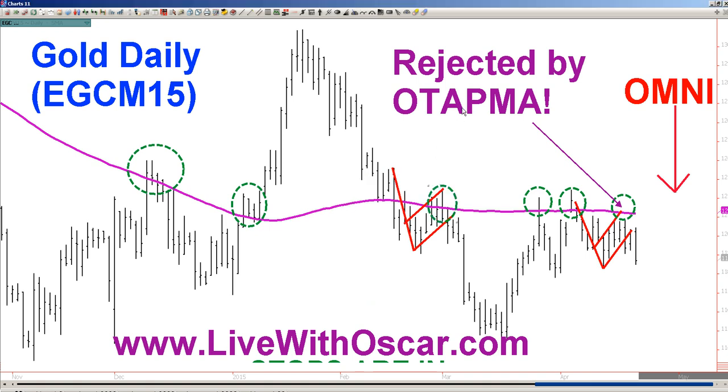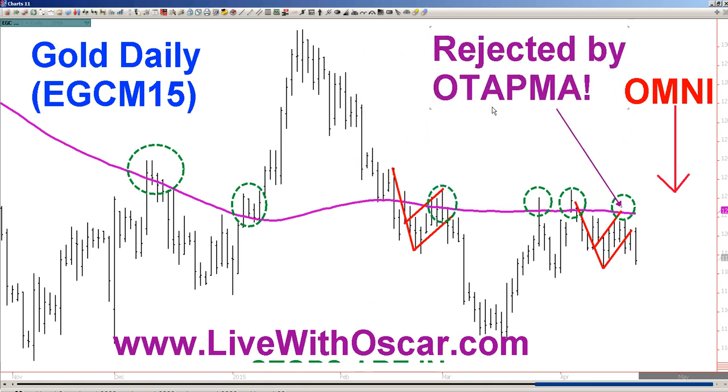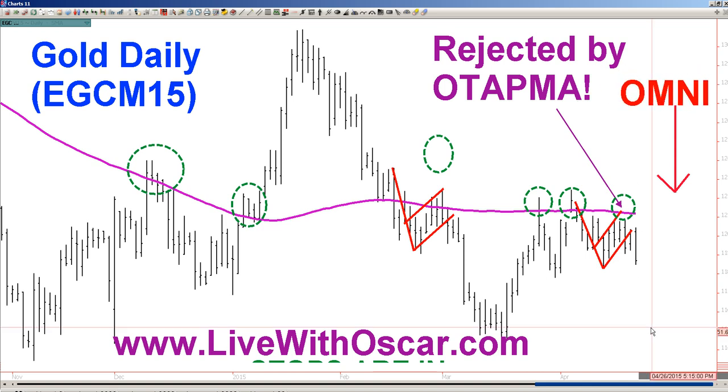Omni Trading Academy's proprietary moving average is OTAPMA. Gets rejected right here, puts in a bear flag, and dumps. Well, moving along, boom, gets rejected right here, puts in another bear flag just like this one, and starts to dump. We go after that short. We are looking to sell the gold on Thursday. Traders, this looks pretty good. I would expect the gold to come down, and I would expect the S&P to go up.